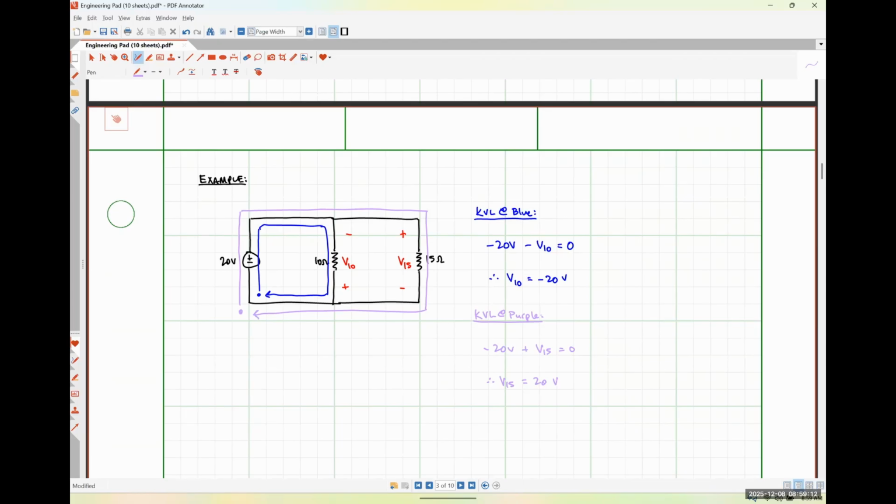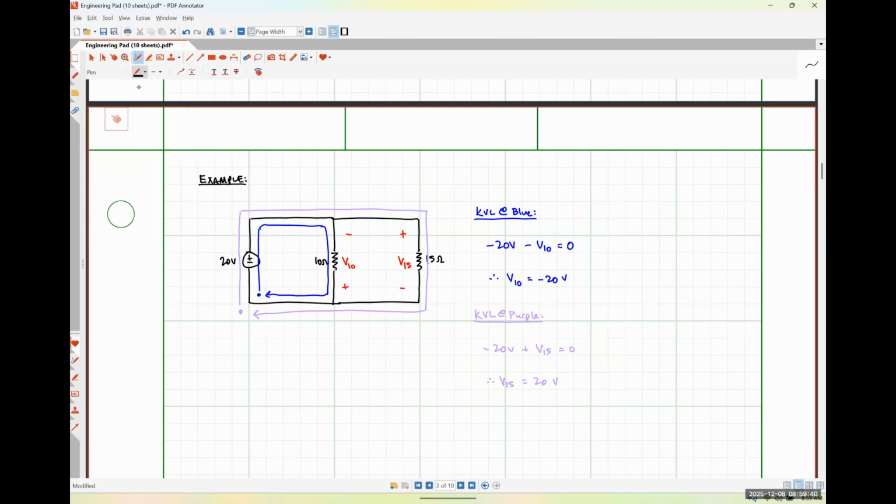So once again, we have two elements connected in parallel, but now because they have the same polarity, they have the exact same voltage. If I were to do KVL around that right-hand mesh, that smaller loop there, what we'd find is that V15 and V10 have opposite polarities. So if one is 20 volts, the other is minus 20 volts, exactly what we already found. So